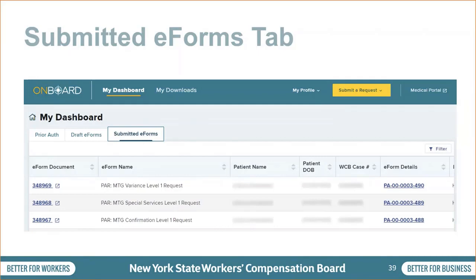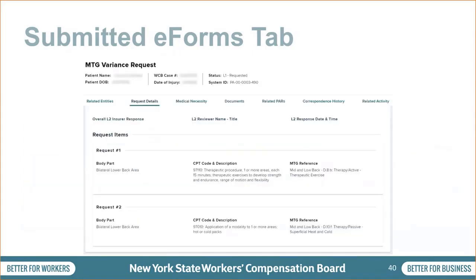To view the MTG variance submissions, select the PAR ID under the eForm Details column. On the PAR Details page, Request Details will show both MTG variance requests.